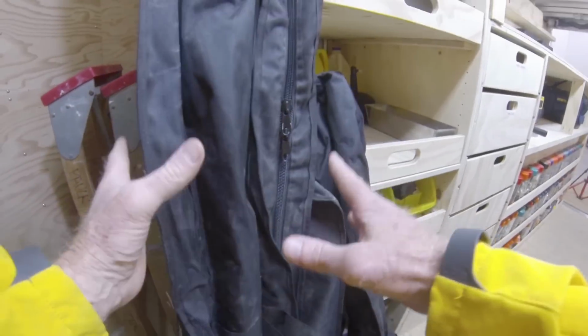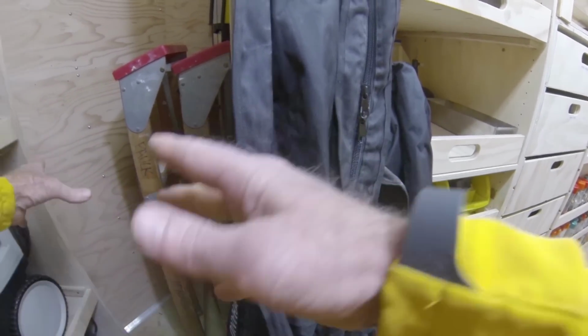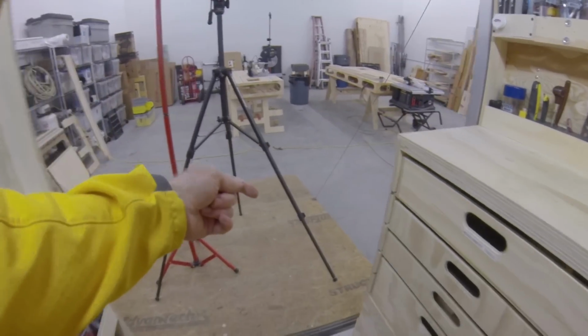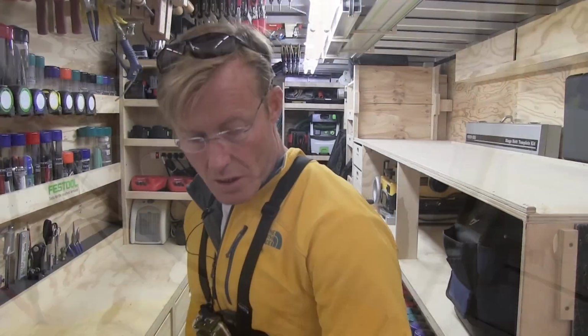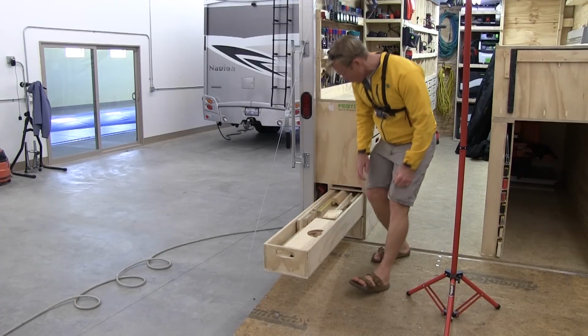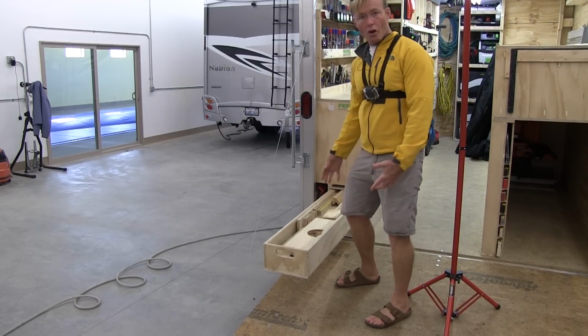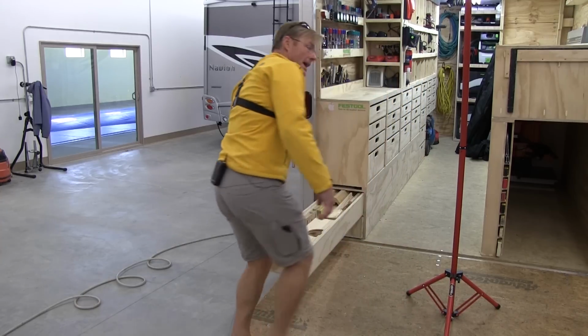Prior to having these up here, I had them in one of the drawers, one of the long drawers. I kept all of the DustWall stuff, and they're kind of heavy, so they made the drawer a little heavier, a little harder to pull out. But also I had all of these